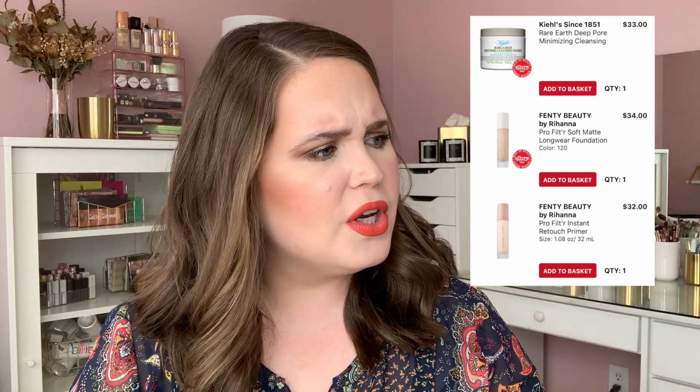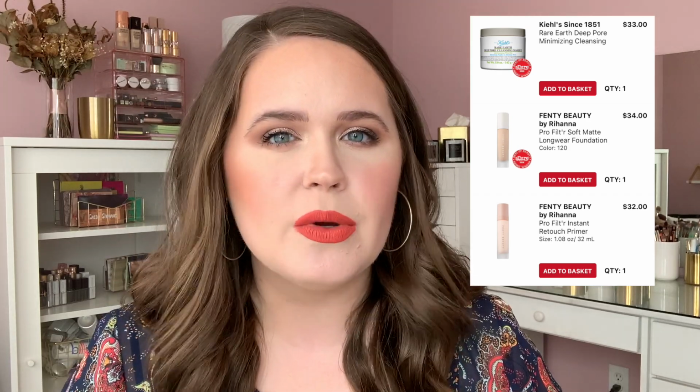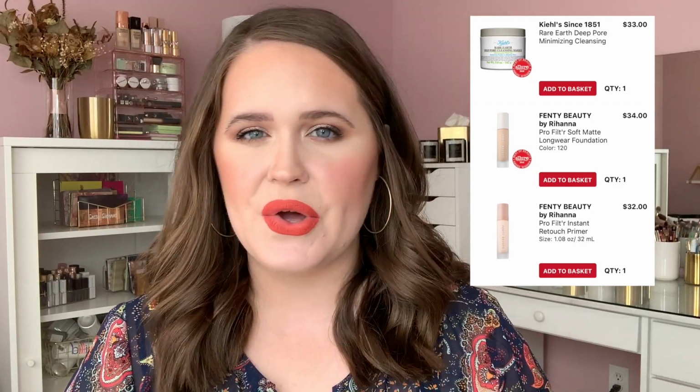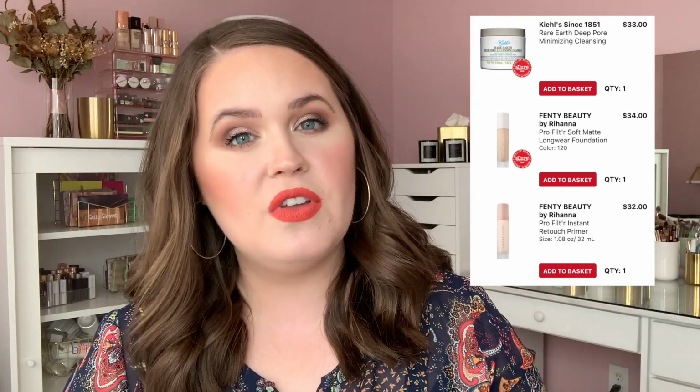Maybe I decluttered them earlier this year. I remember they were almost 3 years old when I decluttered them. And I remember I used them and I was like, I don't think these are as good anymore. I think that the formula is changing because they are so old. So I didn't finish either one of them up, but I remember when I actually used them, I loved that combination. I don't know if I would now because it's more matte and I'm more dry,